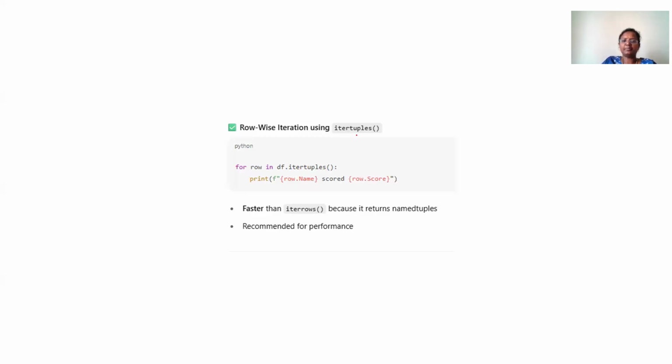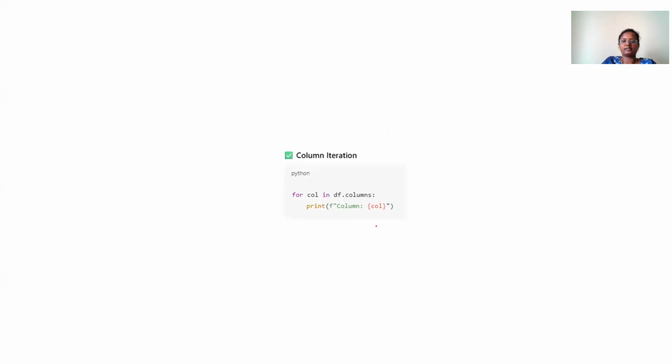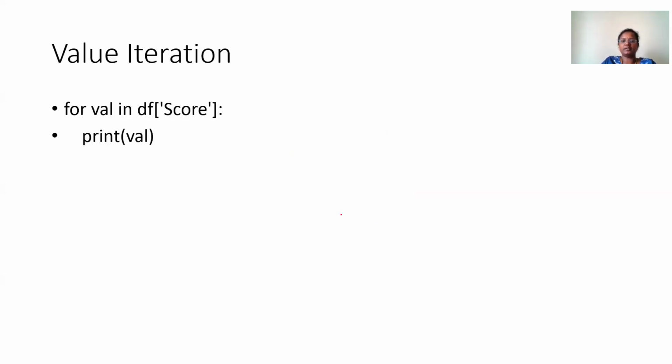And iteration with tuples you can also use, which is faster than the row version. So directly you can give the command and print the row name and the score name directly, and you can access it. In column iteration, you mention a particular column and iterate over it. In value iteration, if you want to iterate over the score value alone, then you can go with value iteration.